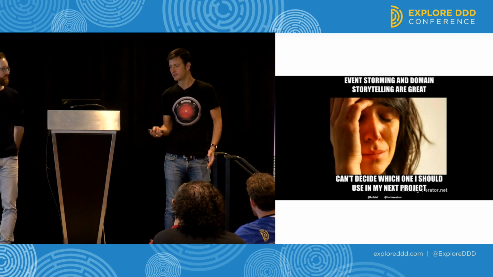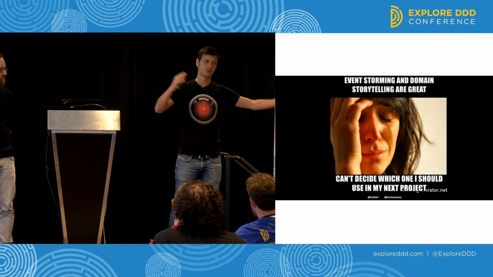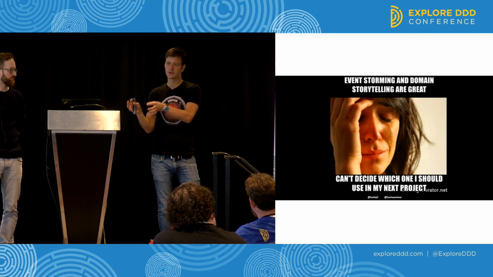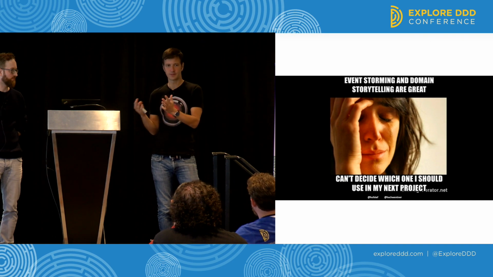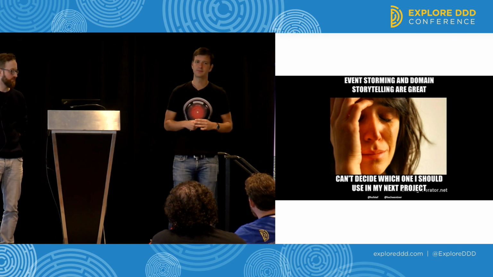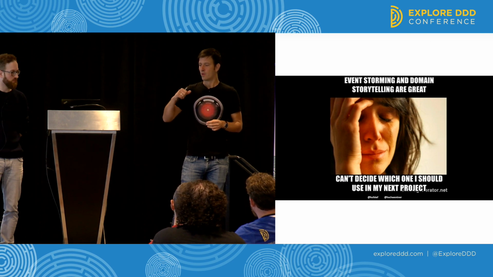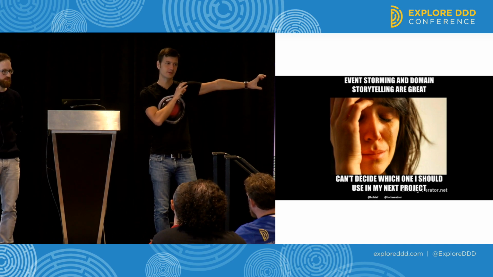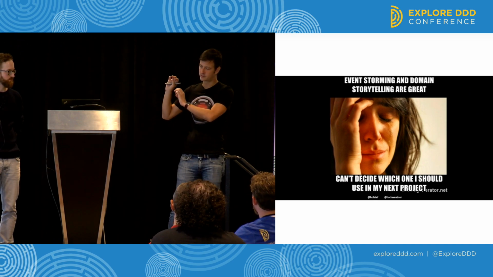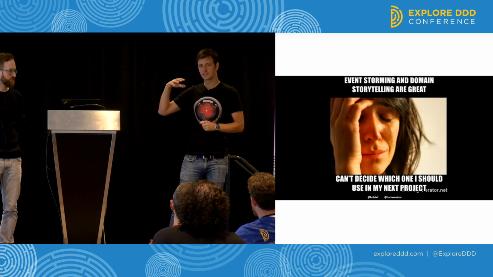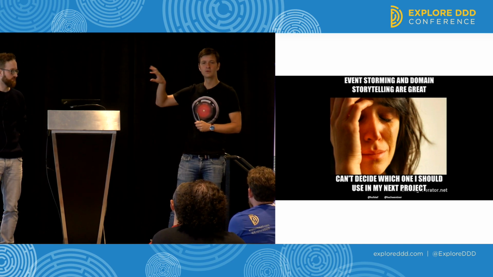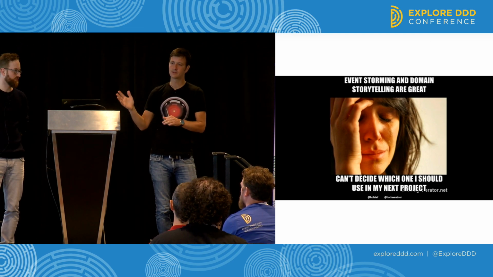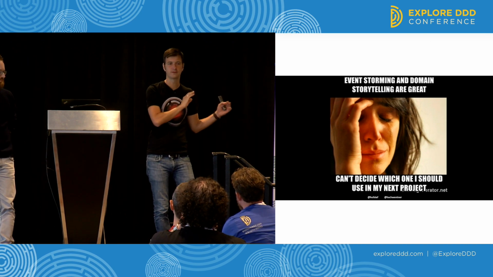Yeah. For example, it can be interesting to start with a big picture event storming to find the context boundaries, and then go into the smaller and more detailed things with domain storytelling, or the other way around. So it depends on what you do. What's great in event storming is you can see the time and what's happening, the events, that can easily be seen. And domain stories are actor-centric, human-centric, so you can see who does what with whom. And also for documentation, a domain story is typically better suited than an event storm.